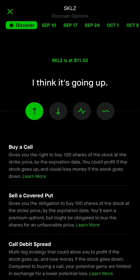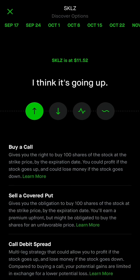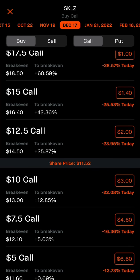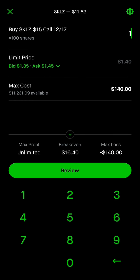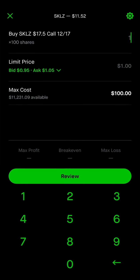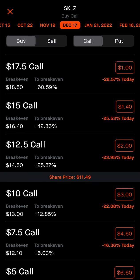Obviously, these are YOLO options. These are extremely risky options because, you know, Skills has been beaten down so much in the past. But if we give it some time to actually pop back up, like December 17th, for example, I think this $15 call for Skills on December 17th is actually fairly good. It's only $140. If you want to go a little bit cheaper, you can go to this one right here. This 17.5 call is not much different. It's only $100,